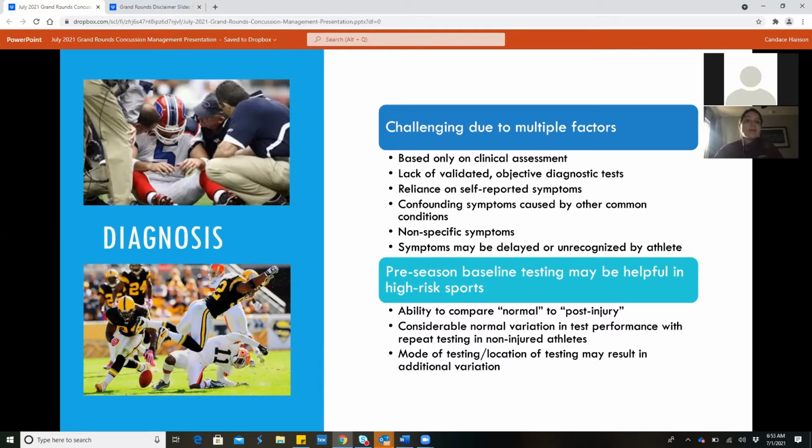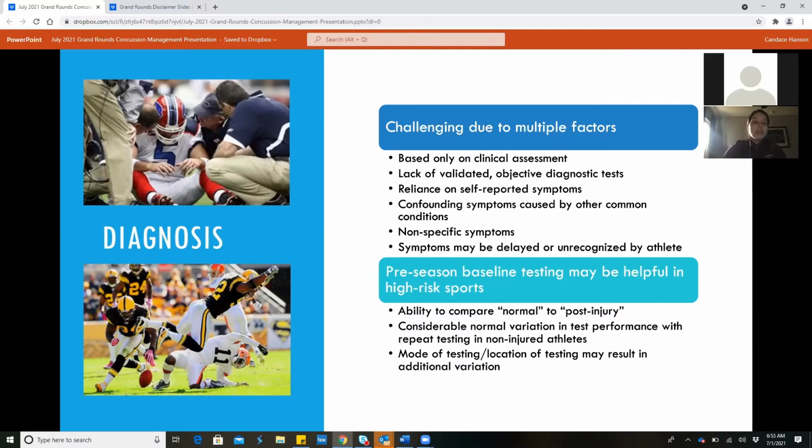Preseason baseline testing may be helpful in high-risk sports, so we have an ability to compare an athlete's normal to their post-injury. But there's considerable normal variation in test performance with repeat testing in non-injured athletes. There are multiple theories as to why this can be. One might be what mode of testing you're choosing, the location of testing, and particularly when you look at a baseline versus a post-injury or a sideline assessment, we're often looking at